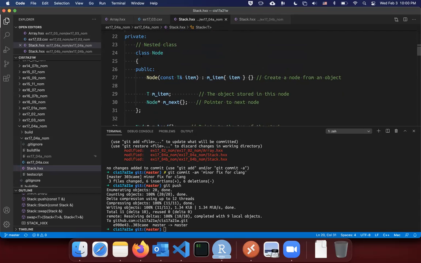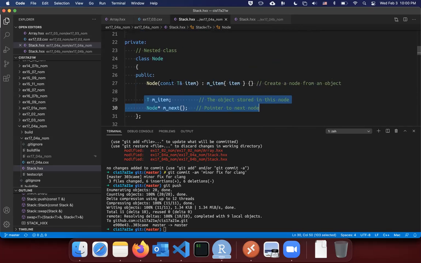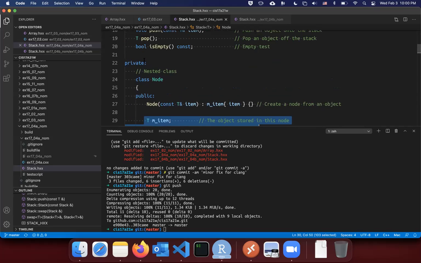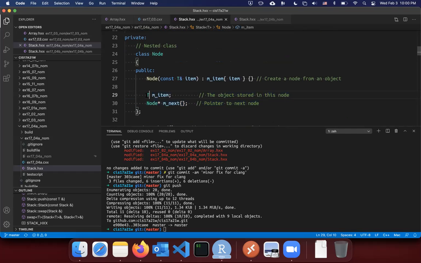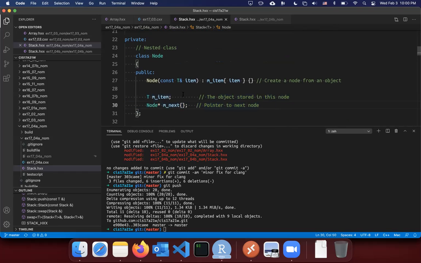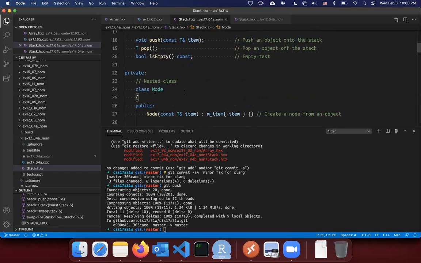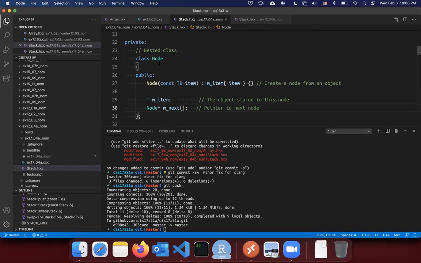And because this is a private class, there's really no need to put this under the private member variables. Usually we say, well, members should be private, right? Yeah, you can use private, of course, but it doesn't really make much difference here because this is a nested class as a private. So we're going to need to access these variables in the stack class, right? The node is nested inside a stack, and so